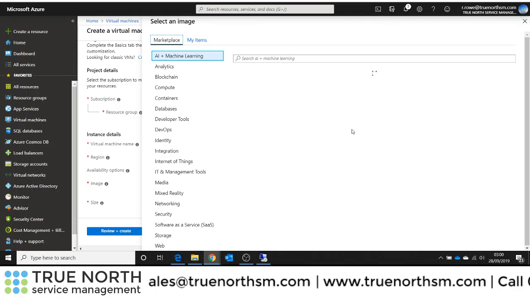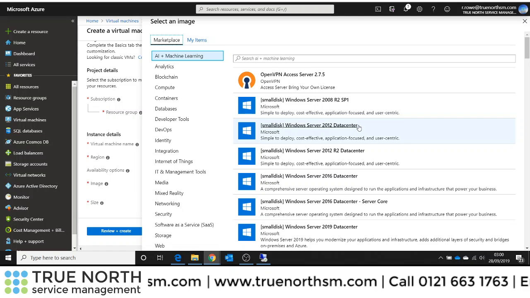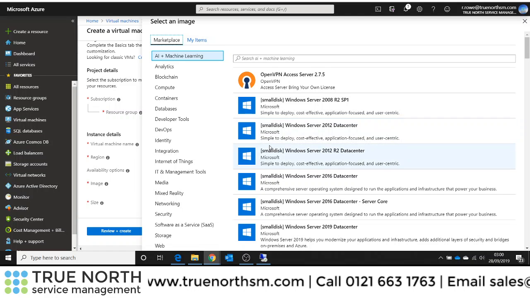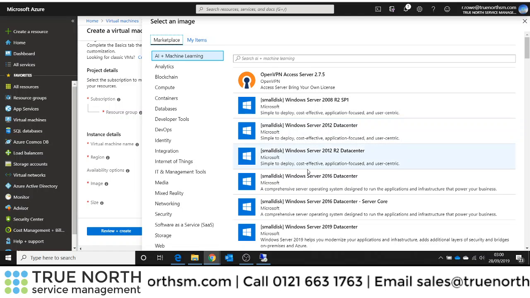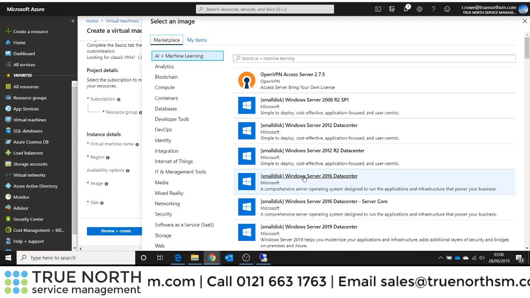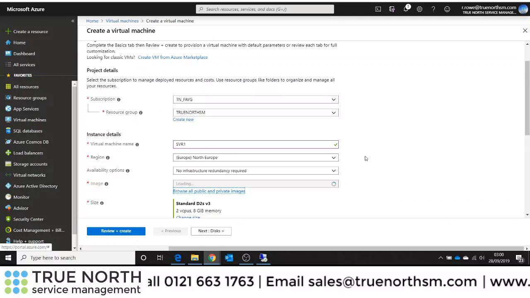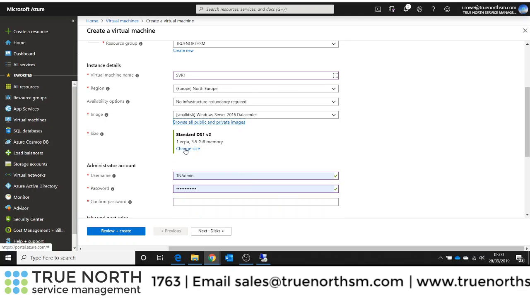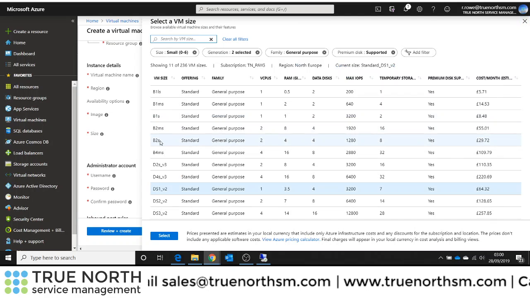If you recall from the first one, the standard defaults are 128 gig, so quite large. We don't need anything of that size, so we're just going to stay with a small disk option. So again, I will create a 2016 small disk server and then change the size of it. Again, I'll use the B2S.